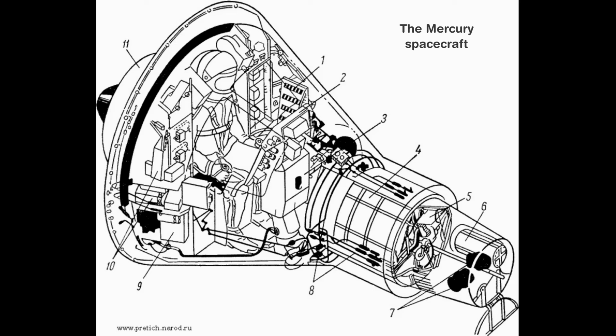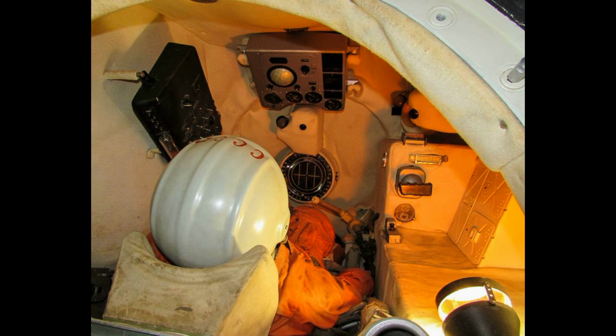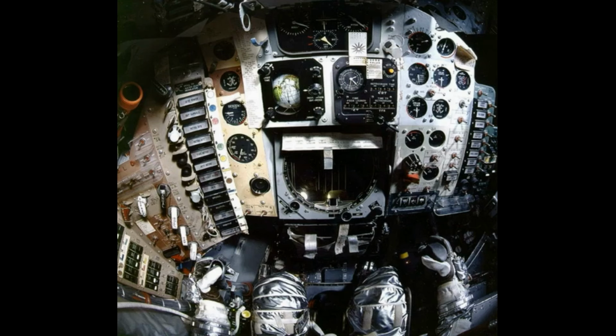The cabin volume was 1.7 cubic meters, roughly the same as the Vostok spacecraft, but there was significantly less space. This is because, as we remember, the Vostok spacecraft had minimal instruments since the entire flight was controlled by automation. However, in the Mercury spacecraft, the cabin was chock full of instruments and equipment. This is explained by 2 reasons. First, we are told that the Mercury spacecraft had more manual control. Second, the American astronauts, being pilots, asked the engineers to make the spacecraft cabin as similar as possible to a fighter jet cockpit. Therefore, there were over 120 different sensors, switches, toggles, buttons, and so on, which, of course, significantly